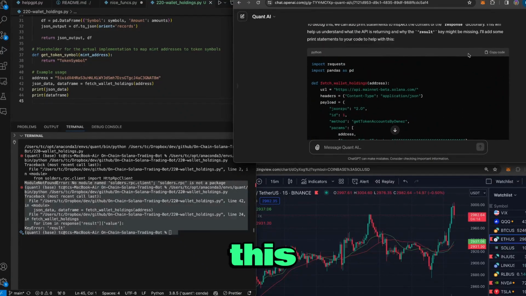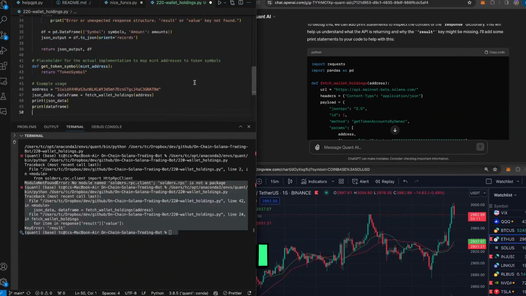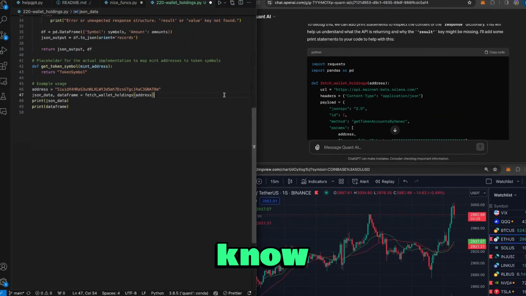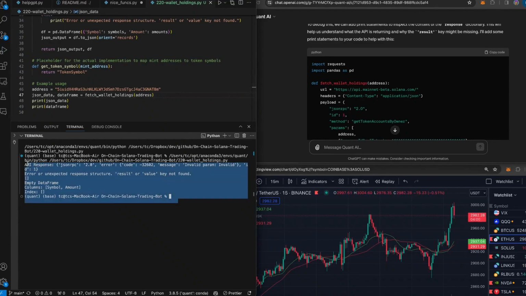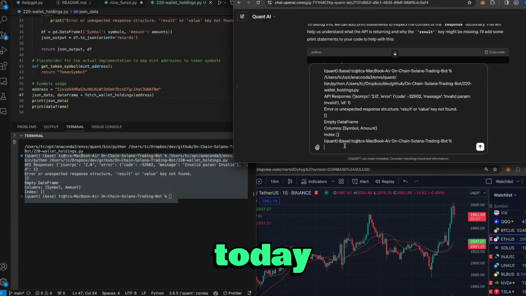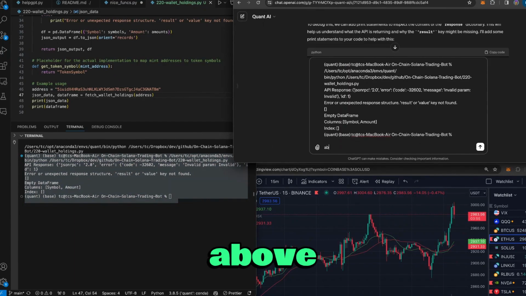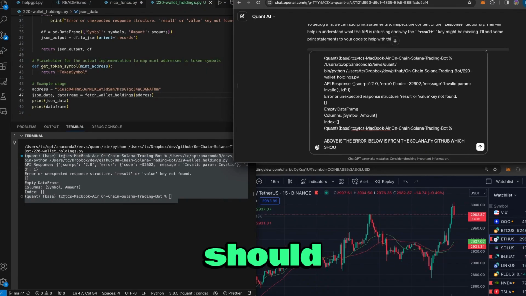Let's go ahead and get this area real quick. I did this circle a few times already, so I know that it's not working the way I'm approaching it, which is fine, because we're gonna work on it today. Above is, let's do it in caps, above is the error. Below is from the Solana.py GitHub, which should be the most up to date